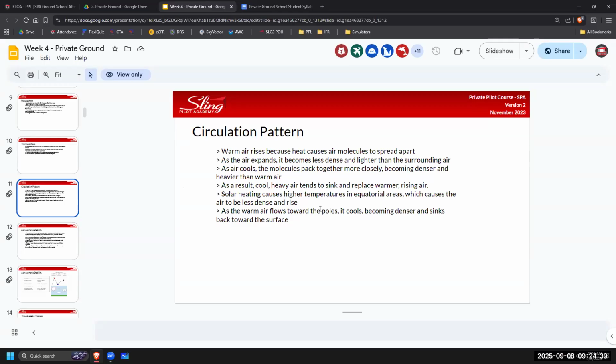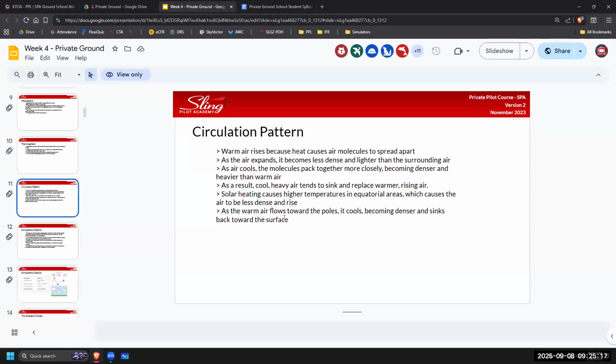The hottest areas, where air is being heated the most, are around the equator because the equator is closer to the sun, right? Because we're a sphere. So those areas around the equator are the closest to the sun. They're being heated the most. That means they have the most warm rising air. That air is going to be less dense and rise from areas of the equator. So that warm air at the equator is going to flow towards the poles and become more dense and sink back towards the surface.